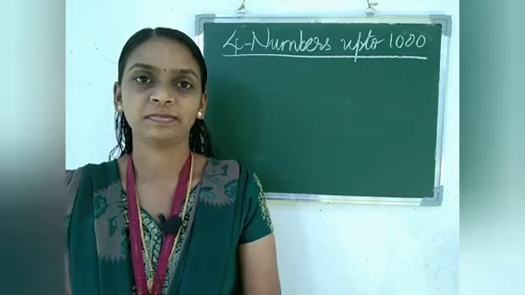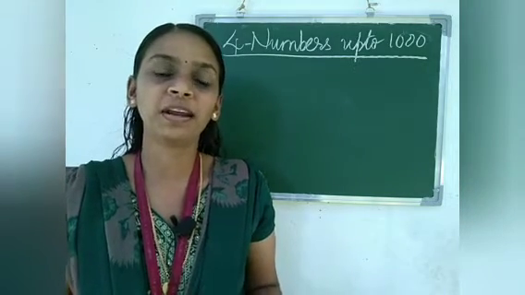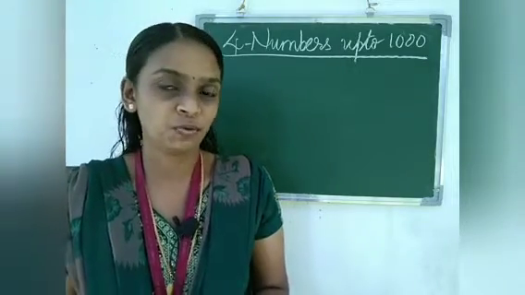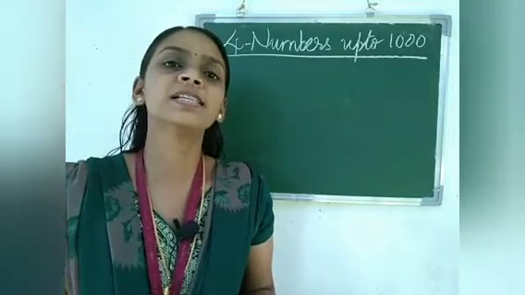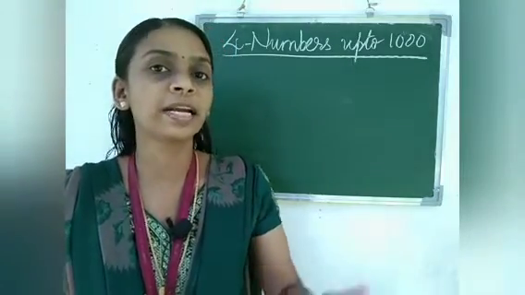1000 is a 4-digit number. So 10 hundreds make 1000. 1000 is a 4-digit number and it can be shown as the cube. And 1000 is the smallest 4-digit number also. So we studied how to read the numbers from 100 to 1000, like 100, 200, 300. So next is building numbers from 200 to 1000.